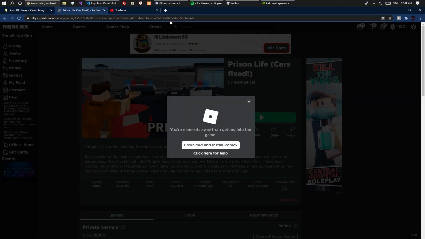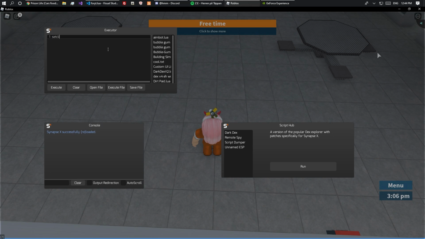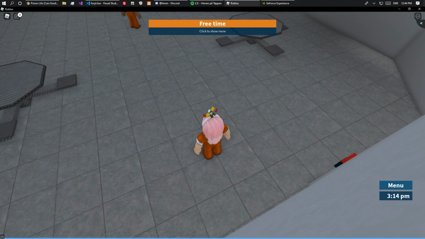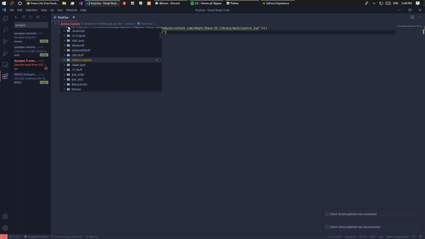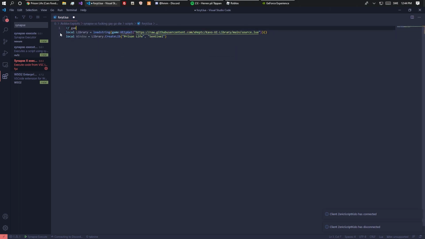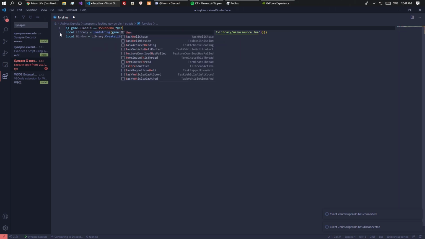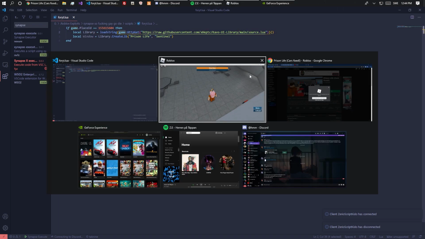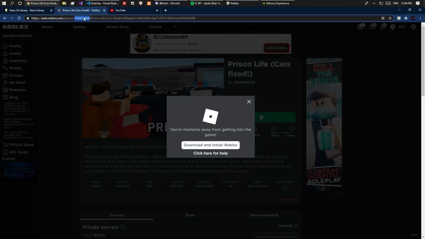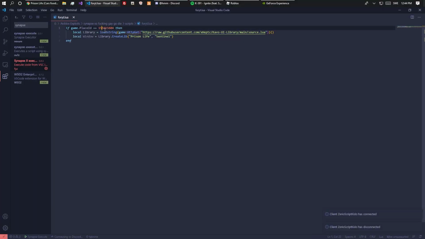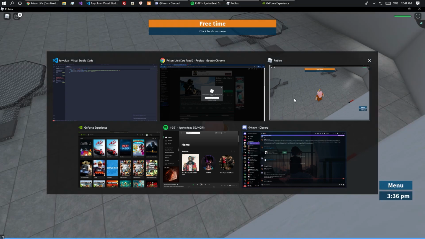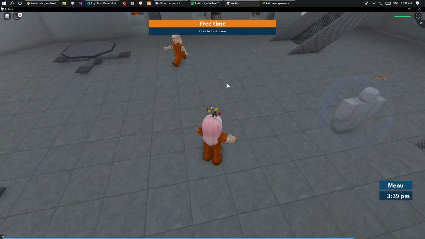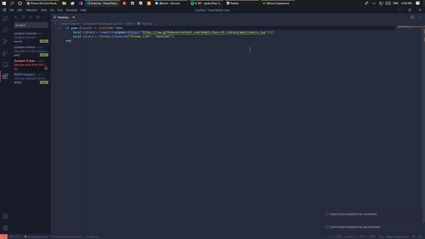And let's just do game checking. I'm just going to do it in here. tostring(game.PlaceId). You might not be able to do that depending on if your exploit supports it or not. But now we want to do if game.PlaceId equals then the number. There. This will only be executed if we're in Prison Life. And that number is the same. Sometimes it isn't, and that's why I wanted to copy it through the script. But yeah, so right now